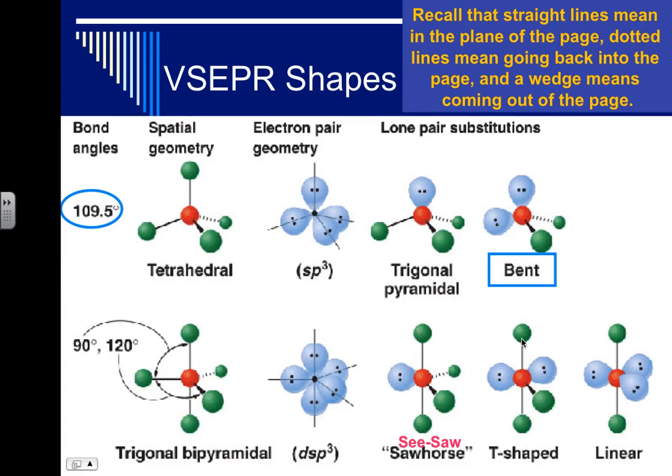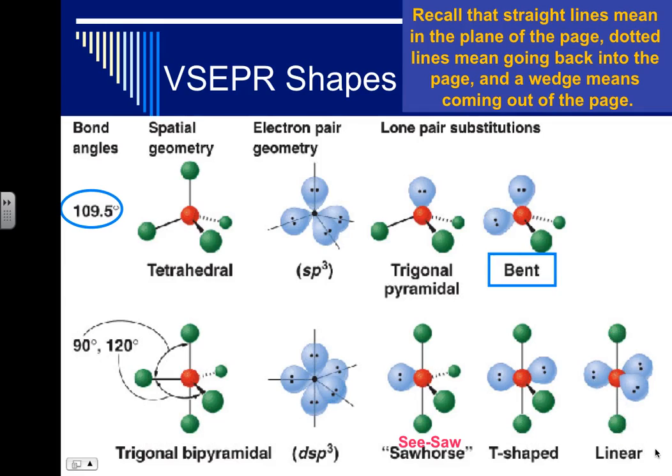You also see this one, which is called T-shaped. So you can see the up and down linear portion, and this is coming out of the plane at you, or you can have it go side to side. That's fine too, but you have a literal T-shape with 90-degree bond angles between atoms. And then your final option is your linear. In which you create your 3 lone pairs around the middle, and then you have an up and down linear